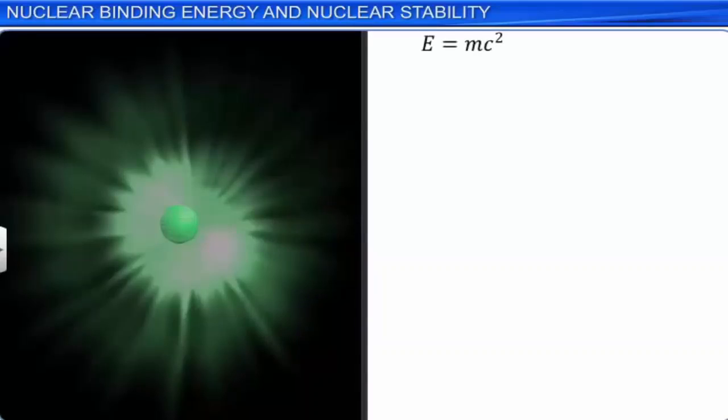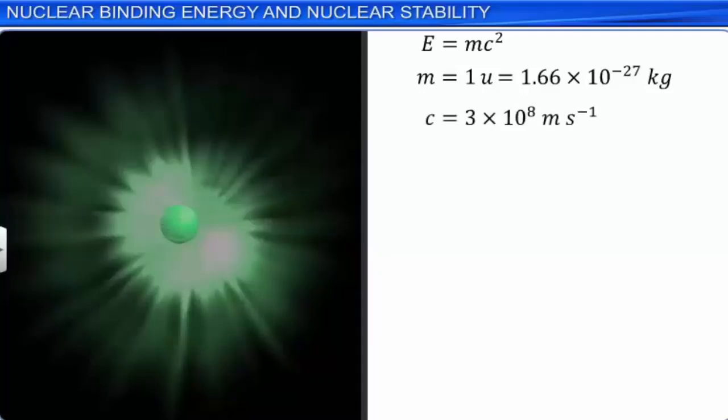Substituting mass m as 1 AMU, which is equal to 1.66 × 10^-27 kilogram, and speed of light c equal to 3 × 10^8 meter per second, and simplifying, we get E equal to 1.4924 × 10^-10 joule,